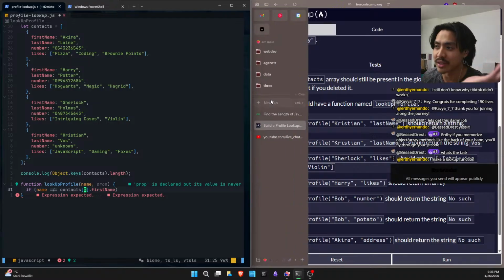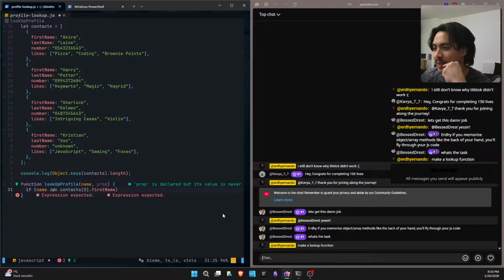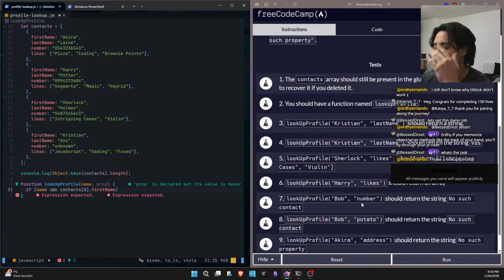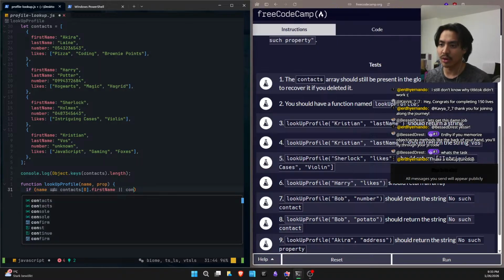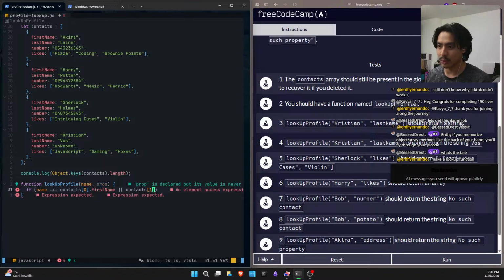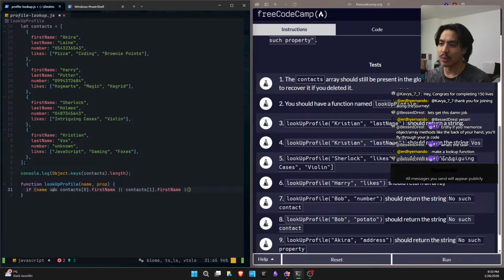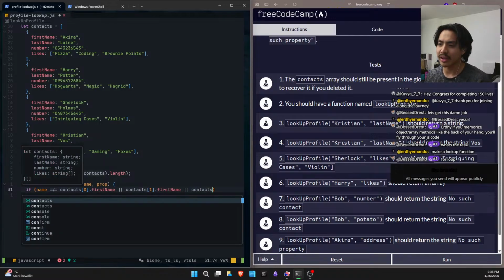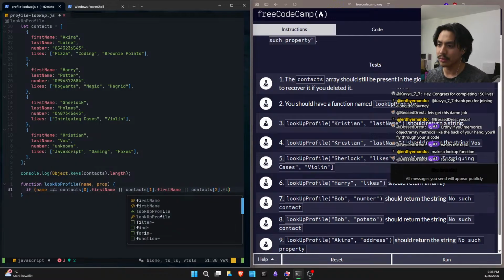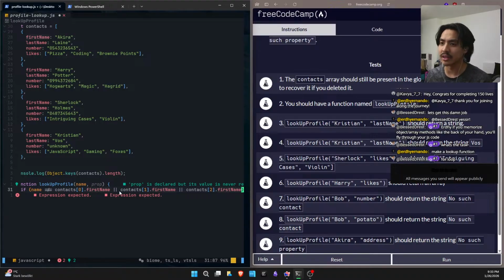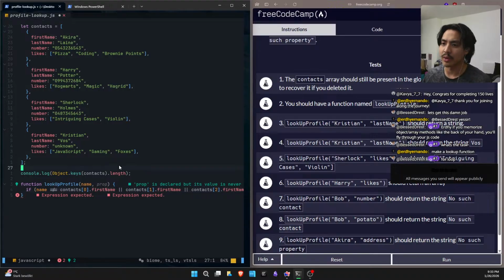I don't know if this is the brute force method I could think of. If name equals this, or contacts[1].firstName, or contacts[2].firstName, and then the 3, because I already check the